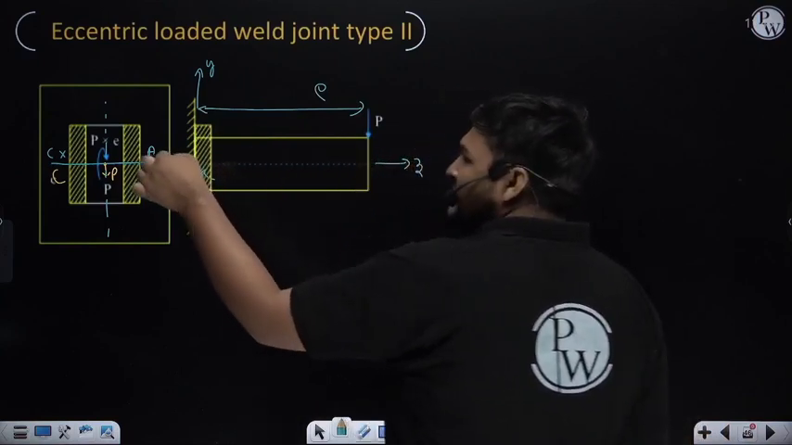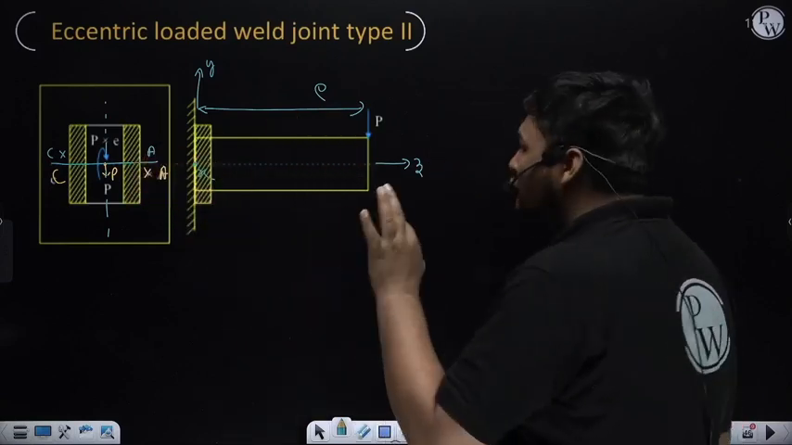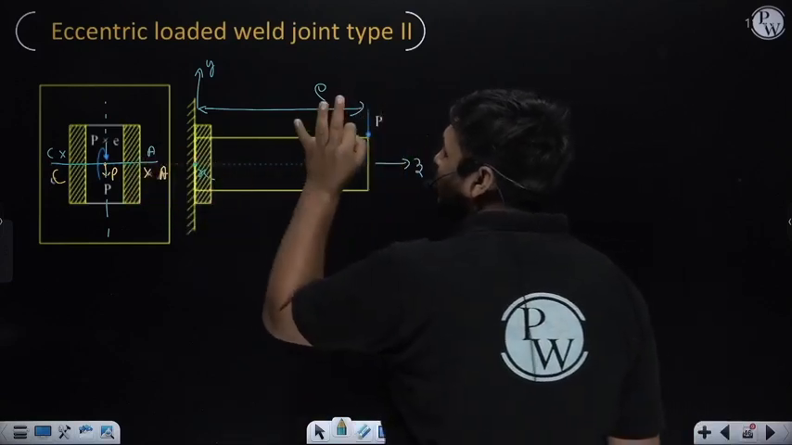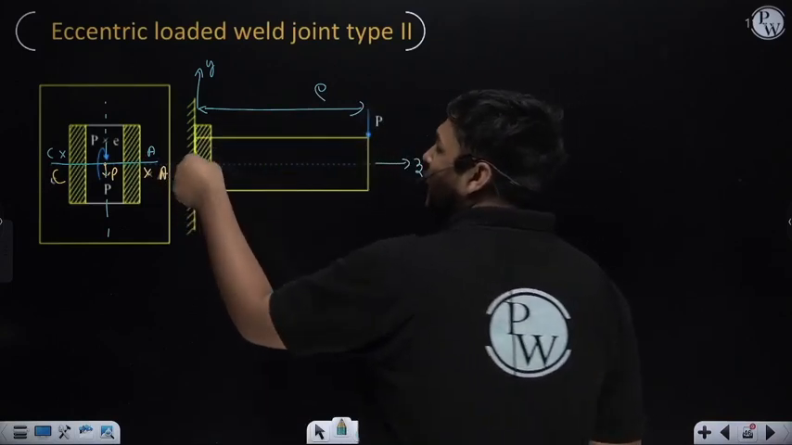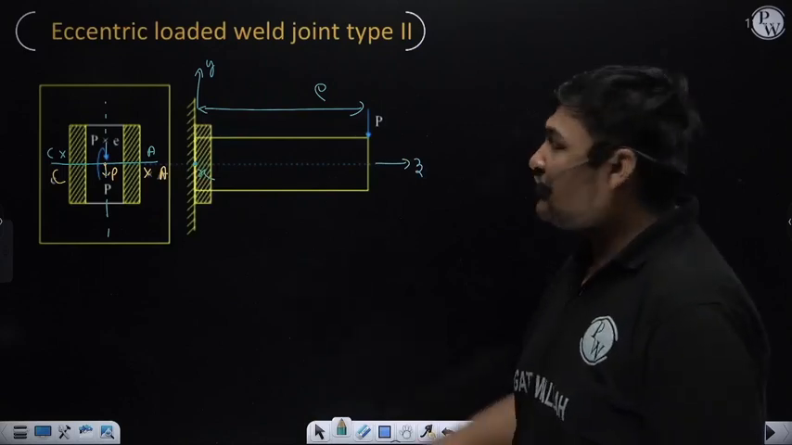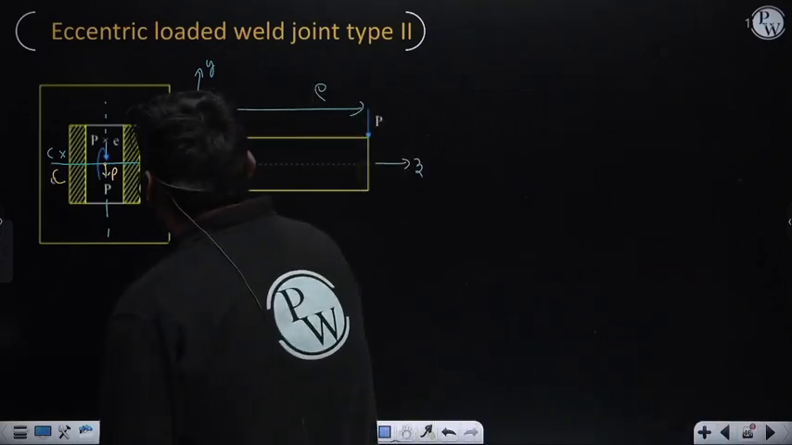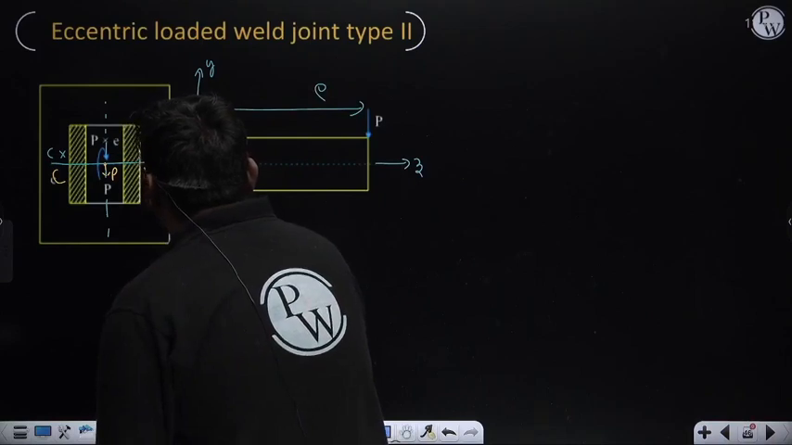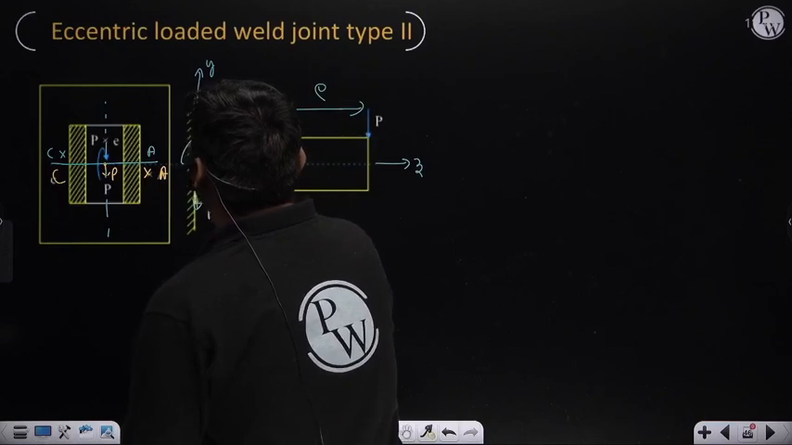In this diagram this is the centroidal x-axis, so in this line the centroid will come. To see the perpendicular distance of this load P from the combined centroid of the weld, we need to see the perpendicular distance of load P from the centroidal x-axis of the weld, which is E in this case. If we transfer this load P to the centroid, ultimately it will look like this. One direct force P will come in the downward direction, and one moment P into E will act